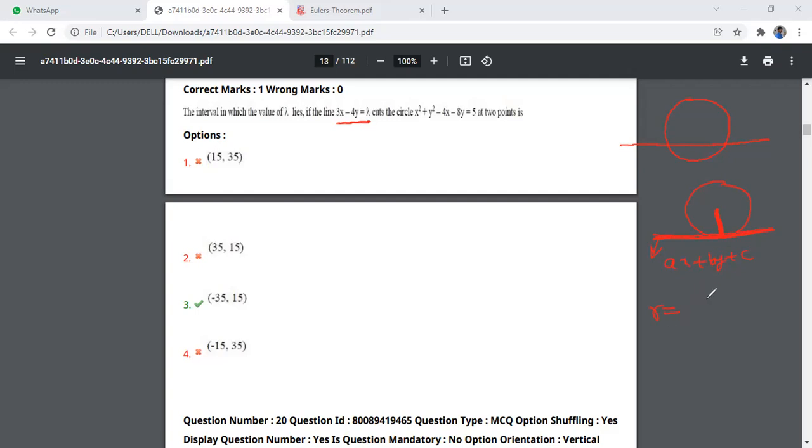What is the formula to know whether the given line is tangent to the circle? This is the formula. R is equal to, I'm writing here, a of minus g plus b of minus f plus c by under root of a square plus b square. Why I'm taking this: this is the radius and this is the perpendicular distance formula for a line from a point. What is the point? Center of the circle. What will we write? Minus g comma minus f. Center of the circle is minus g comma minus f. Now, if you substitute all the values in this equation, you will get the limits for the lambda value, because this is the line and this is the circle equation.